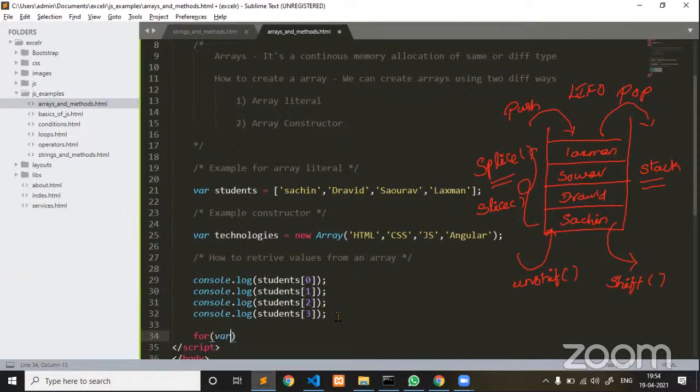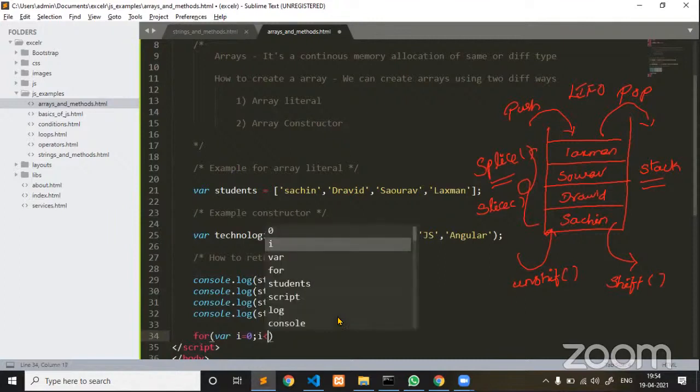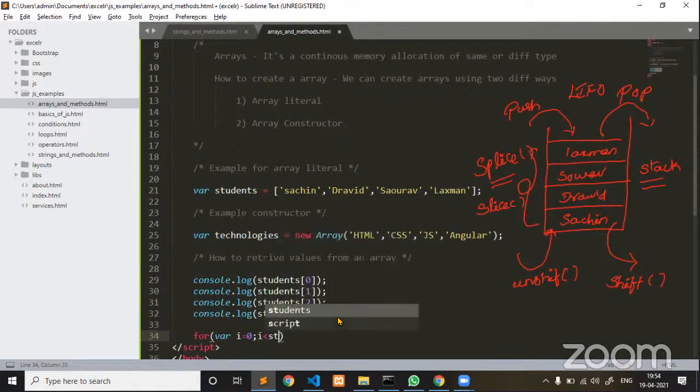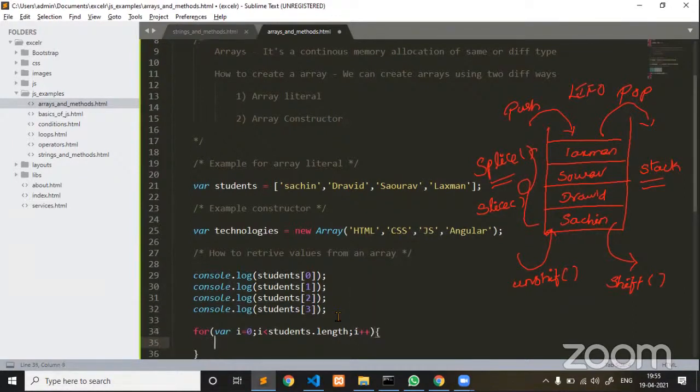Now see the syntax of the for loop, where the initializer is i equal to 0, let us start with 0. Why? Because the indexes always start from 0. Then the condition: i less than. Guys, you should not even use a static condition. You should always use students.length. This is a property which returns the number of values which are there in the array. Then i plus plus. Next, here console.log. Let me print console.log